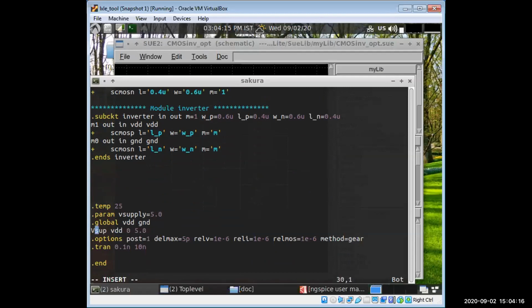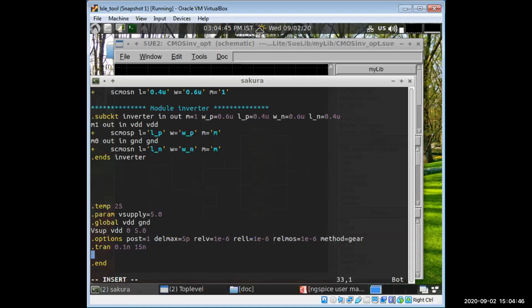We are applying the V supply as 5 volts. Then the options, you can comment it or uncomment it according to your wish. Then the transient analysis, because we are going to get the dynamic behavior of this inverter with the fan outs. So that's why we are doing the transient analysis. You can do it with 0.1 nanoseconds up to 10 or 15, do it for 15 nanoseconds.